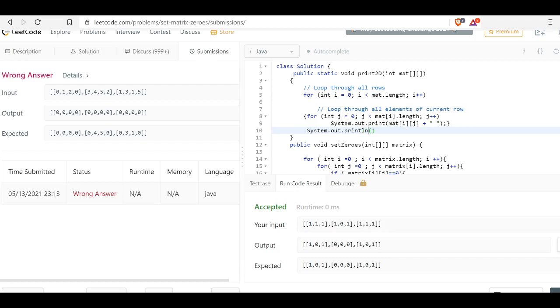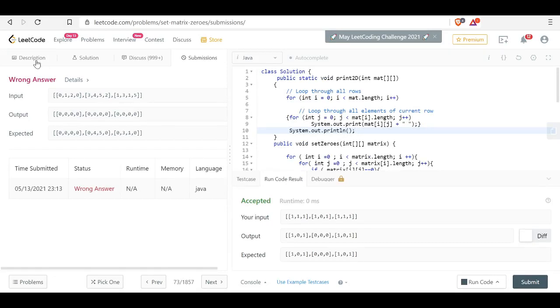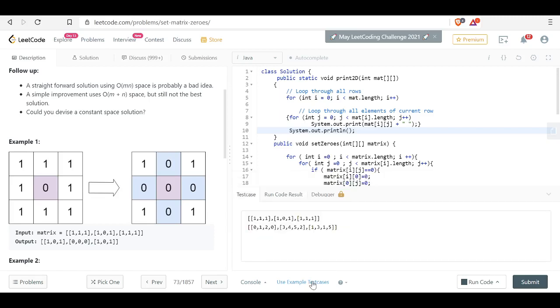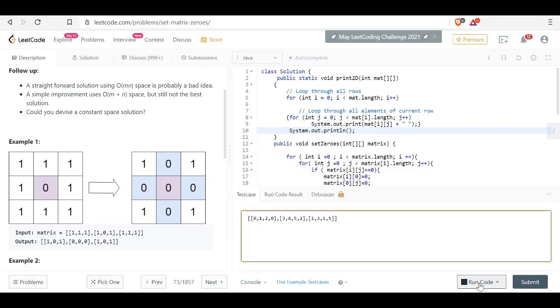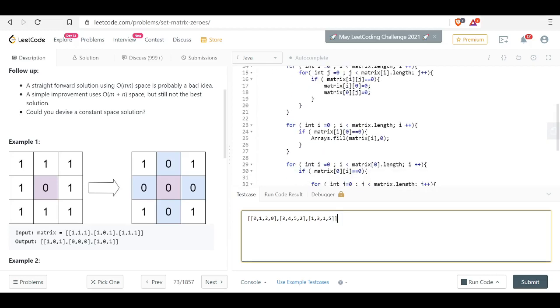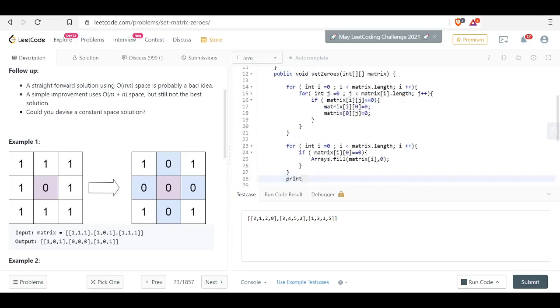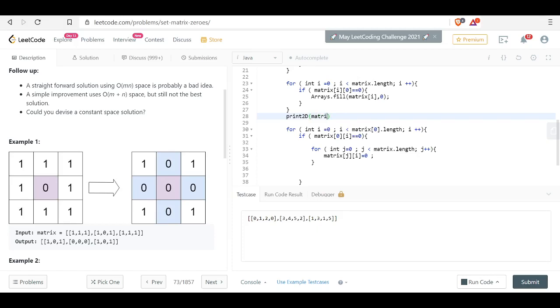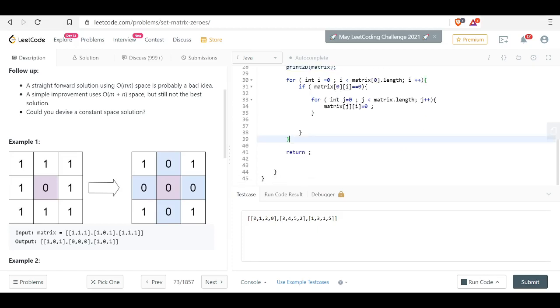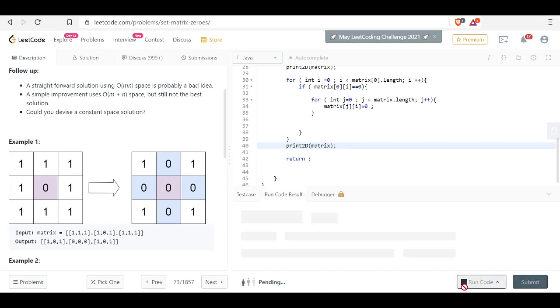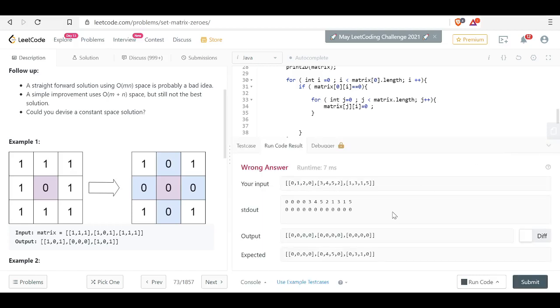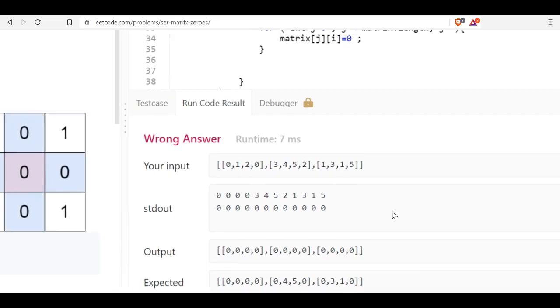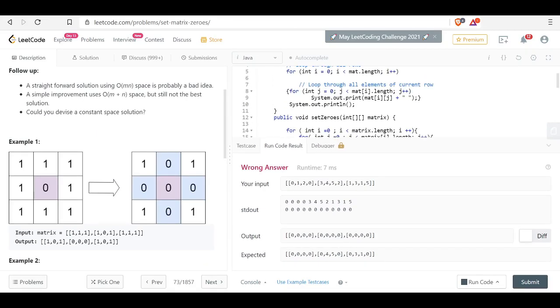I'm doing this so that it's easy to read, and then I will copy the input. I never thought there would be an error over here. I told you there is a solution here. There is always.